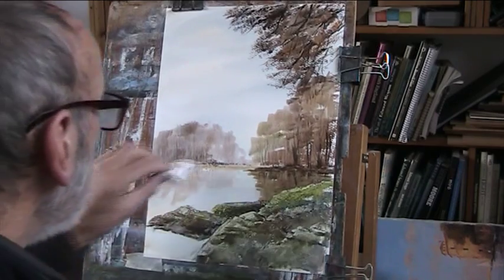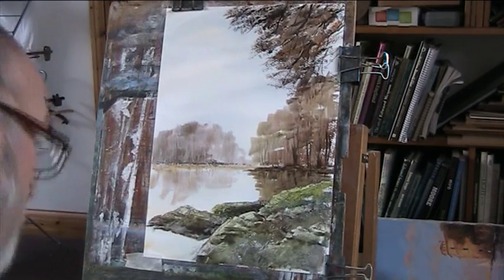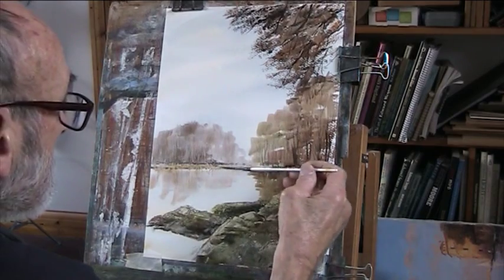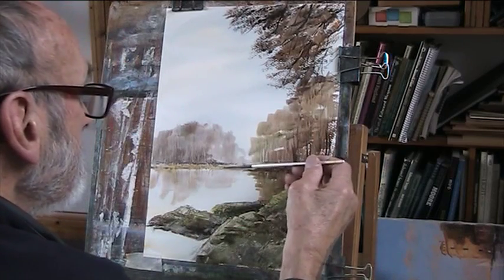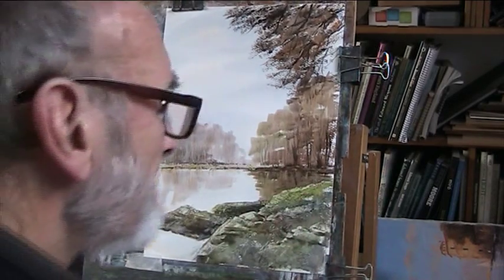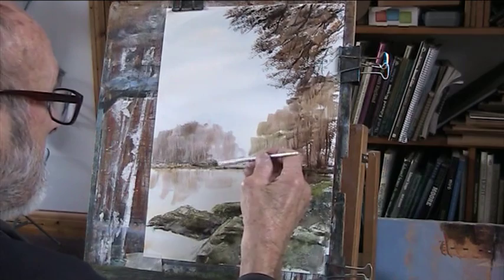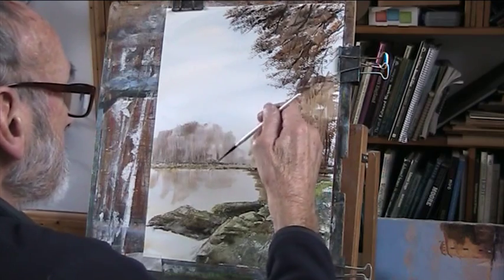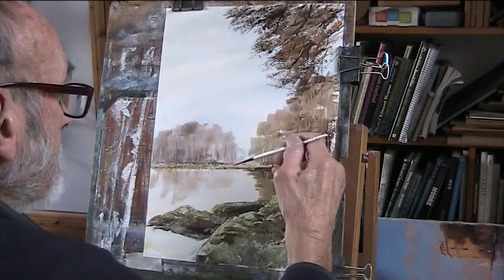I think what's happened there. Right, I'll just faintly put in the bank here. Going across there. If that registers. Just this impression, just